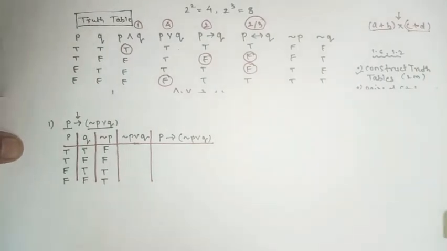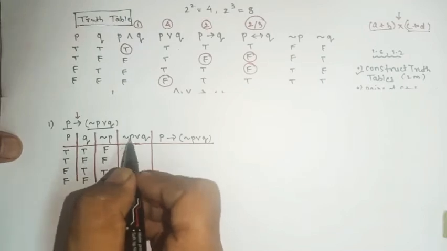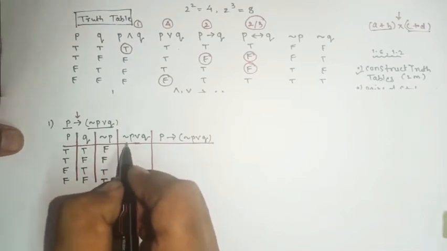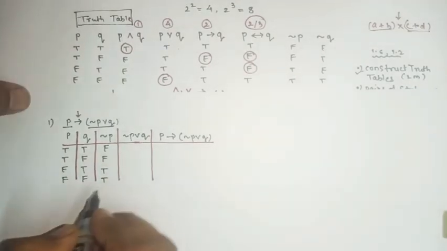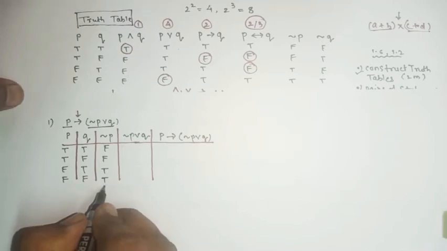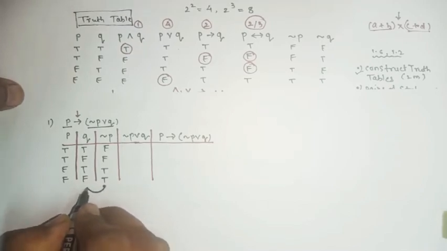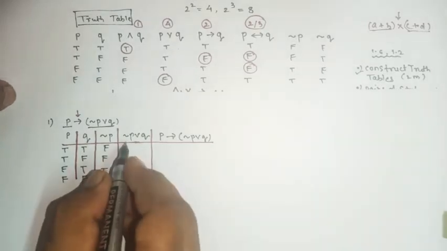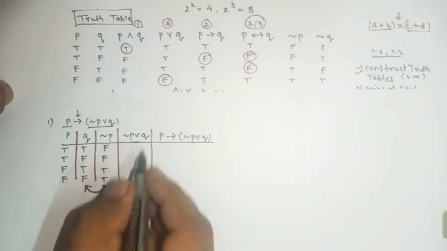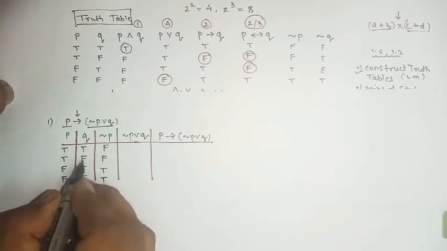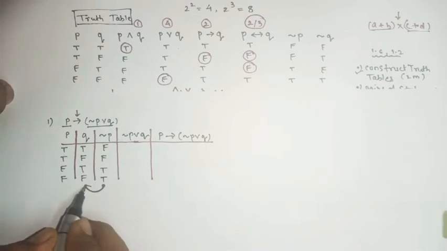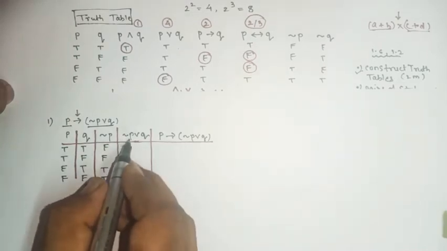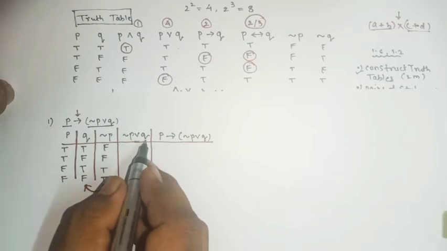Okay, now what is the fourth column? Negation of P. First see the first alphabet, first come first. Negation of P, so we have to see this versus this, because the pattern says negation of P or Q, so we have to check like this, not like this. Understood? This way is wrong, this is right. So the first alphabet is what? Negation of P, then Q.